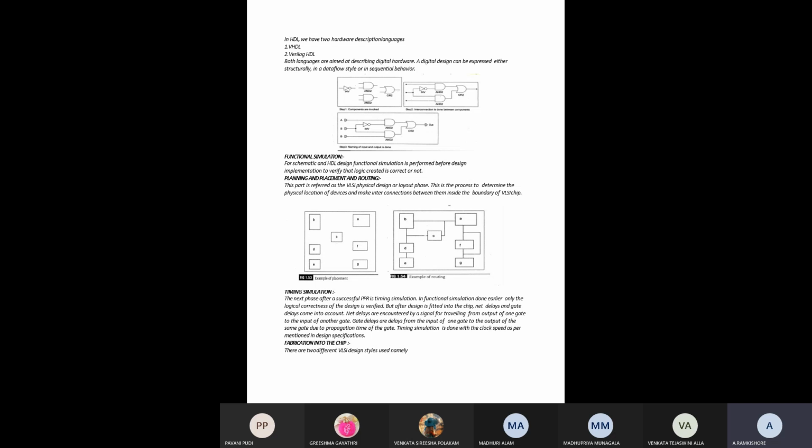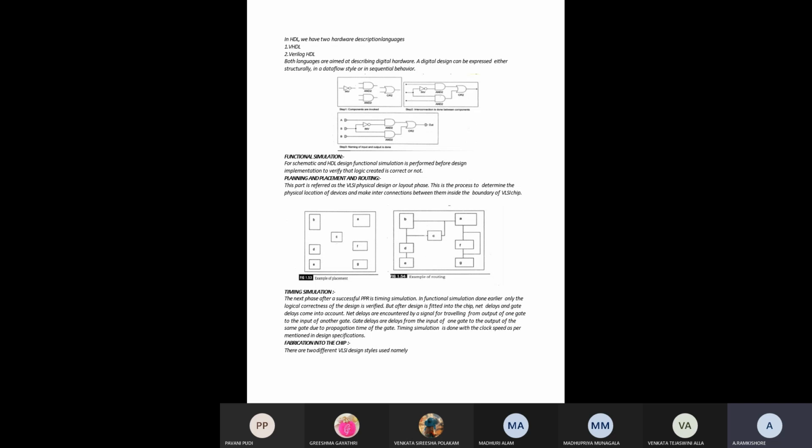We have two hardware description languages in the HDL category. The first one is VHDL, and the second one is Verilog HDL. This HDL is a simple VLSI language.